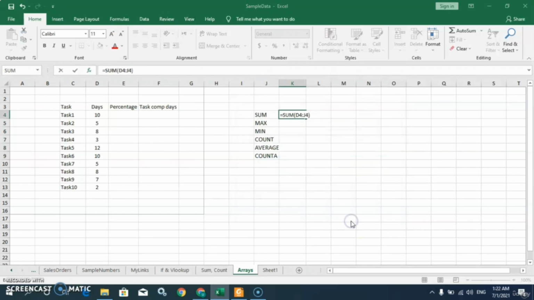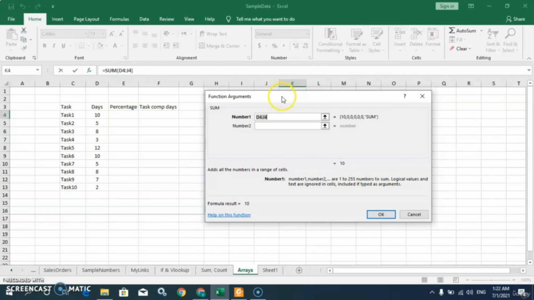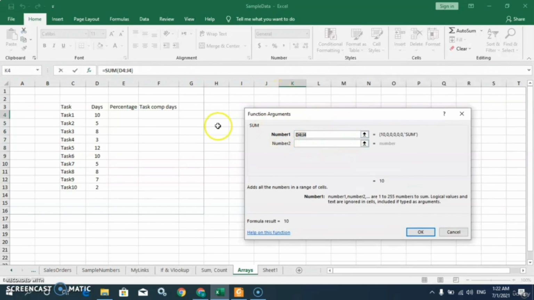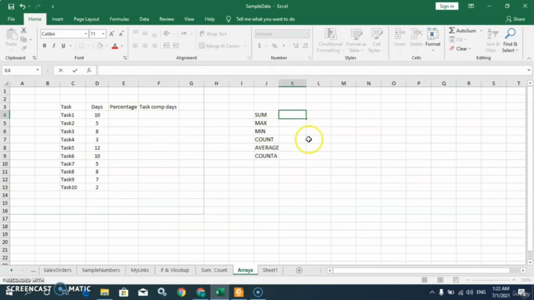Now when I click OK, you can see this dialog box appearing. So I will select the numbers which I am going to sum. See, number 1 selected, then number 2, then number 3. But this is a very time-taking job because I have to select the number every time. In the same way I can write equal to, then select a number, then a plus sign, then the second number, then a plus sign. So I can do it one by one also like this.